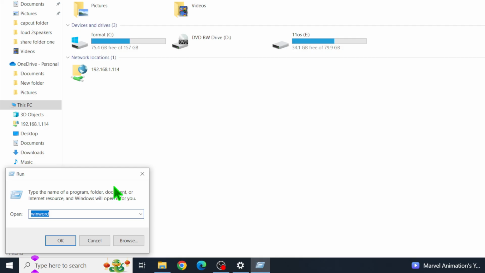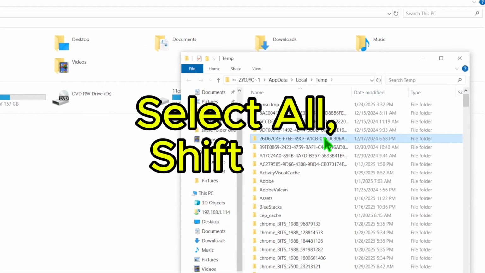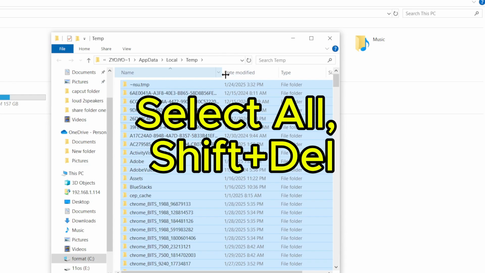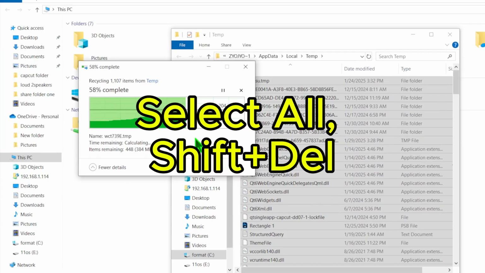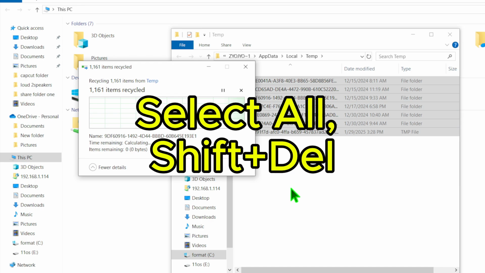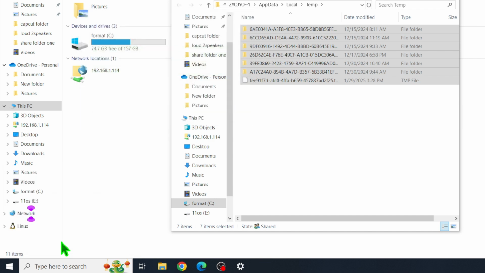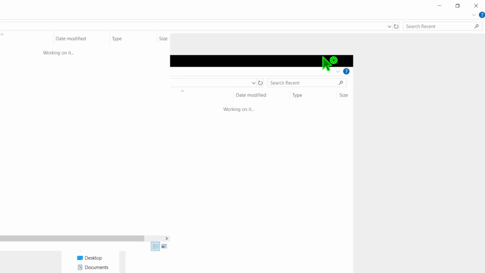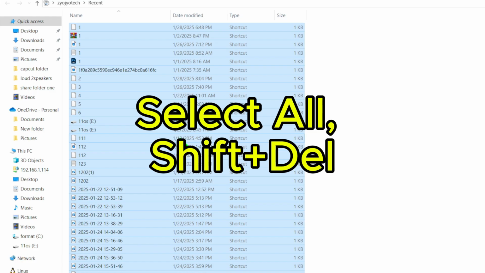Type percent, and the Windows recent files, then select all and